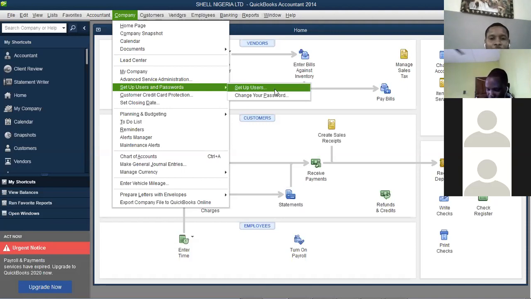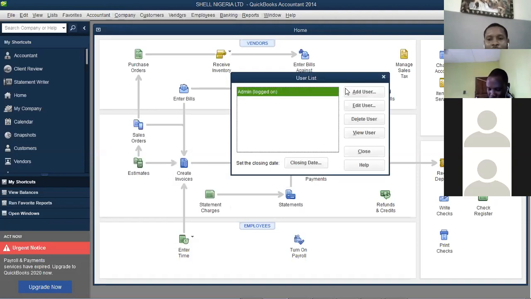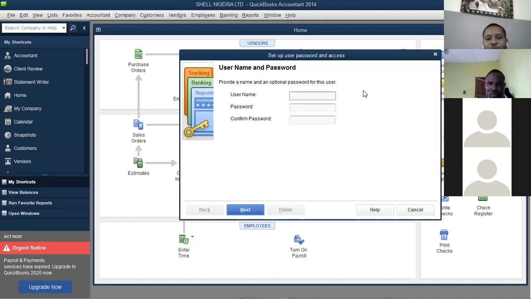If I go to set up user, you see now it will tell me admin is logged on. I can add new users and view users. If I say add a user, it will tell me to provide the username, the password, and every other thing I need about that user. Let's just see how it works. If I provide a username, say Sam, and I put a password, let's say 2020ABC,